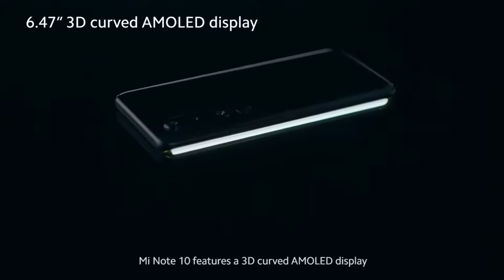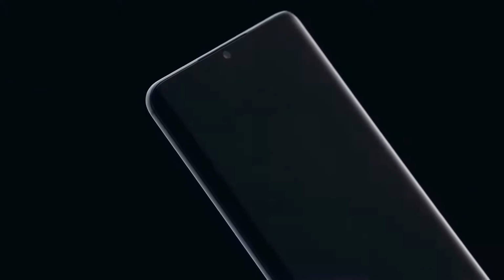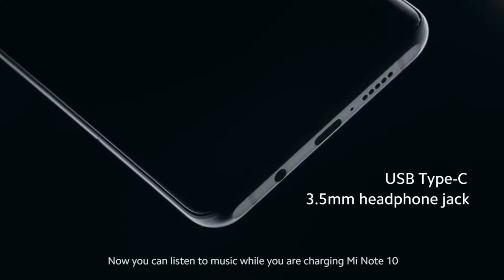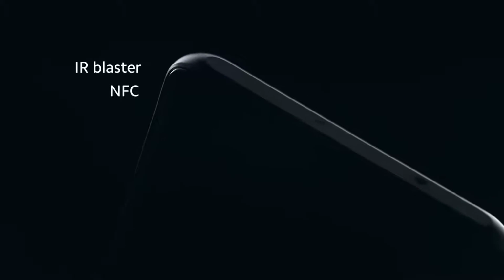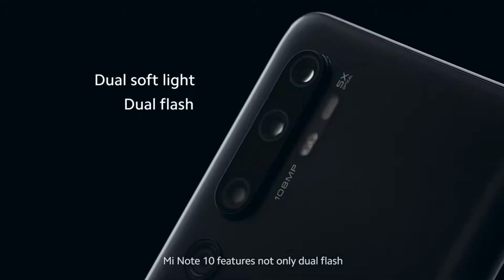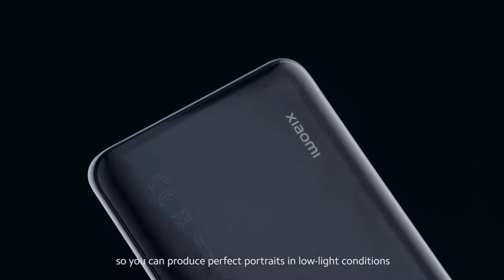Mi Note 10 features a 3D curved AMOLED display. Now you can listen to music while you're charging Mi Note 10. What's more, Mi Note 10 features not only dual flash, but also dual soft light, so you can produce perfect